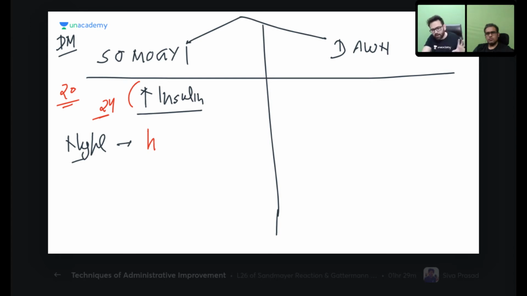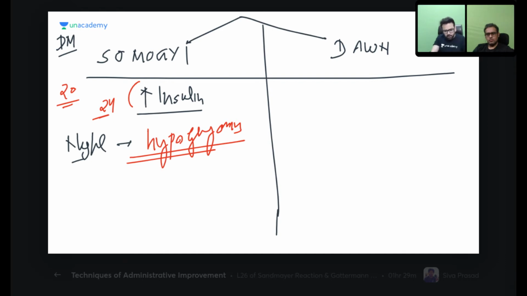Insulin is the only, in your whole body, only one hormone that is hypoglycemic. The rest, like glucagon, cortisol, growth hormone, thyroid hormone, every hormone is hyperglycemic. Only one hormone in your body is insulin, and that is causing hypoglycemia. So there is a balance: on one side insulin, on the other side all the other hormones. That is why when it goes wrong, diabetes happens. It is the only hormone in your body that causes hypoglycemia.